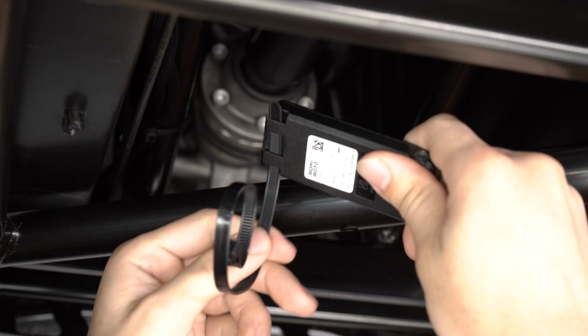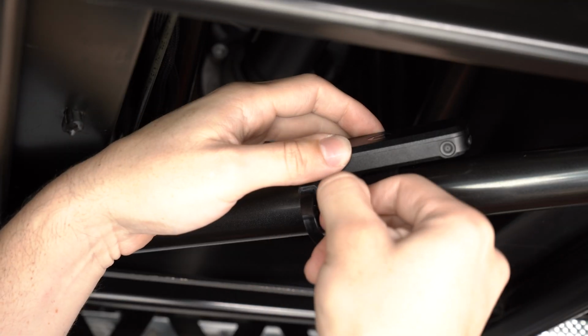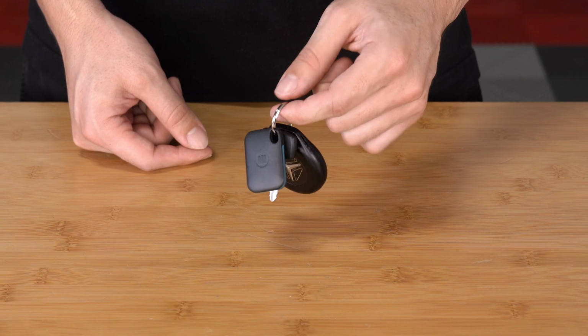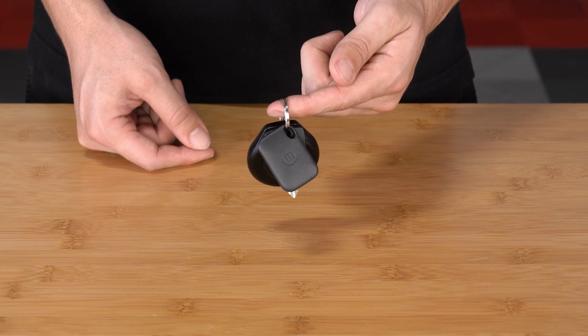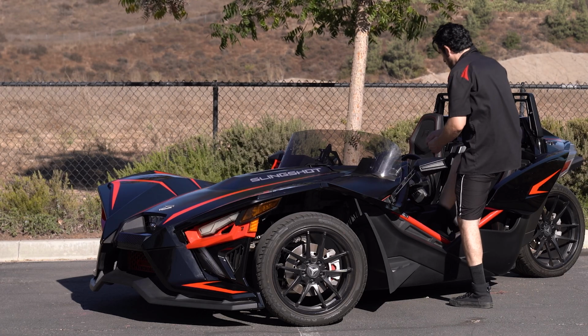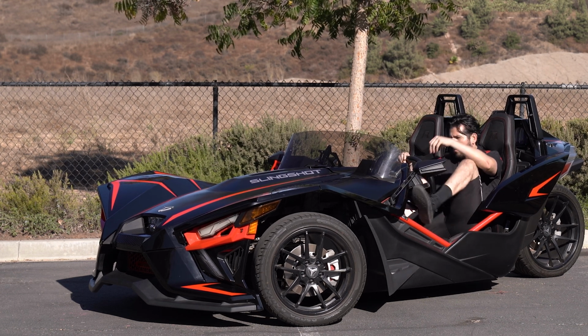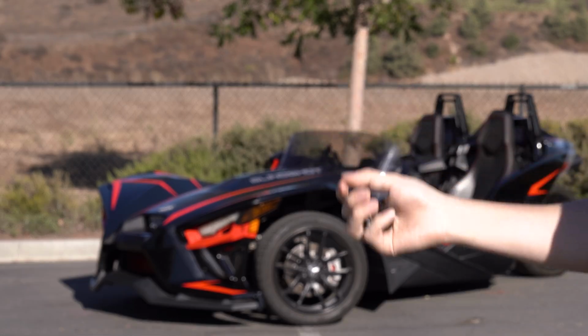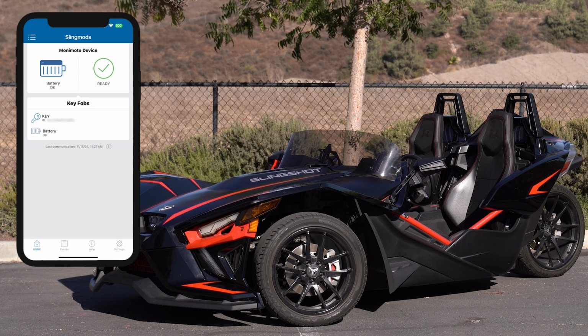The tracking device is secured to your vehicle in a hidden location using the included zip ties. The included key fob should be connected to the keychain you use for that vehicle. Anytime you're near your vehicle or using it, the tracker is unarmed. Once you and your key fob step away from the vehicle, the tracker automatically arms itself and its onboard motion